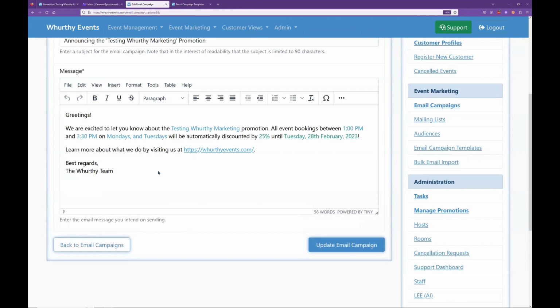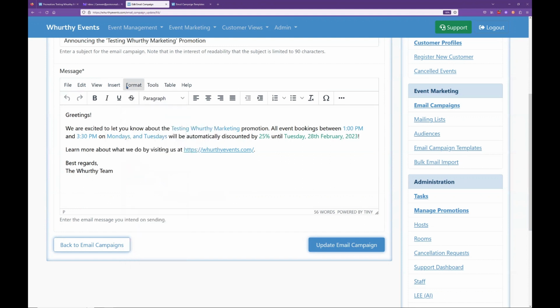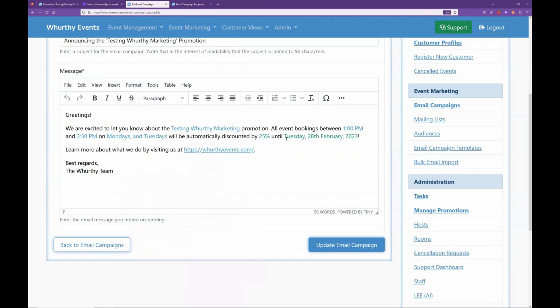And I can see I've got this what you see is what you get text editor. I've got all sorts of formatting. I could insert images, if I've got online images, I can insert tables. I can format in terms of the colors, and there's lots of functionality in here. And what we decided was, for now at least, with this default email campaign template, that we would keep it simple,